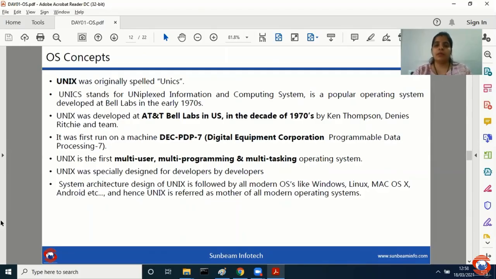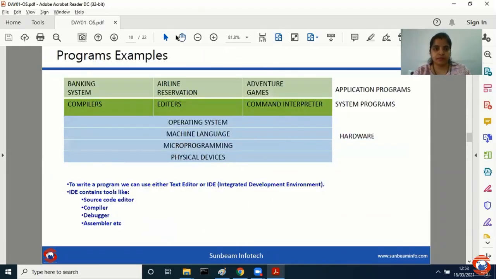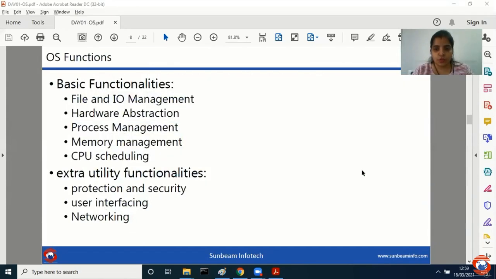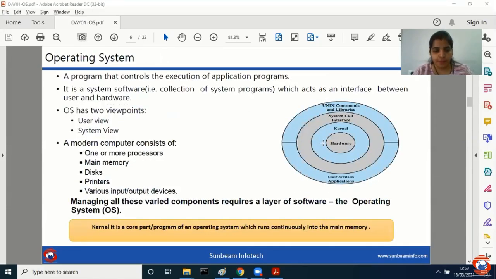तो ये जो मैंने यहाँ पे आपको कर्नल का डायग्राम बनाया, just a second. Right. So I have shown you something called this diagram. This is called layered architecture.